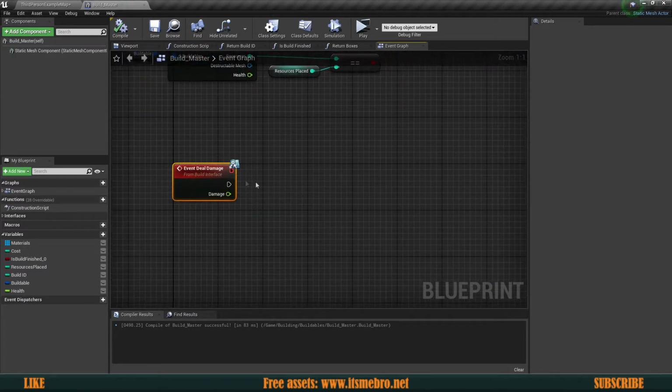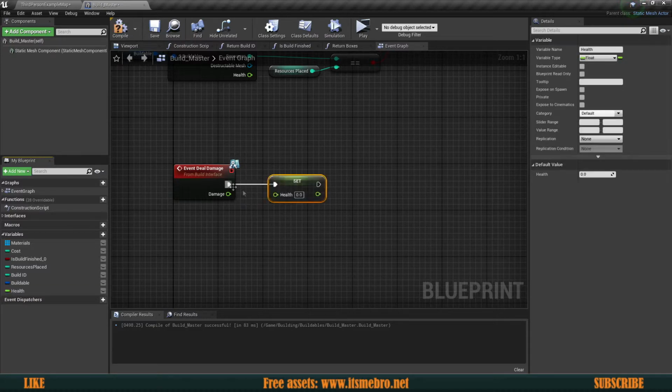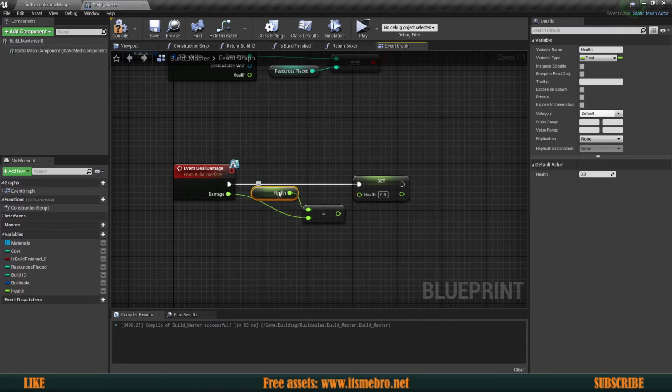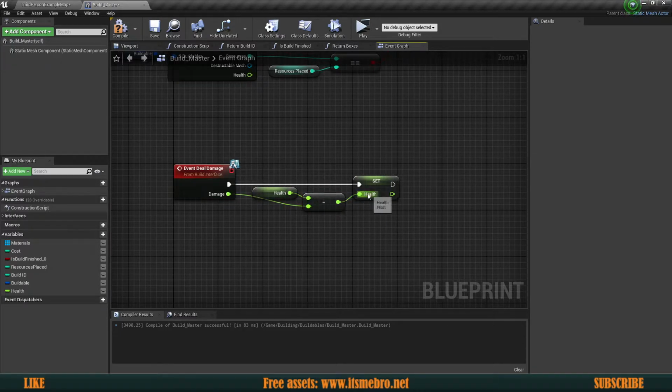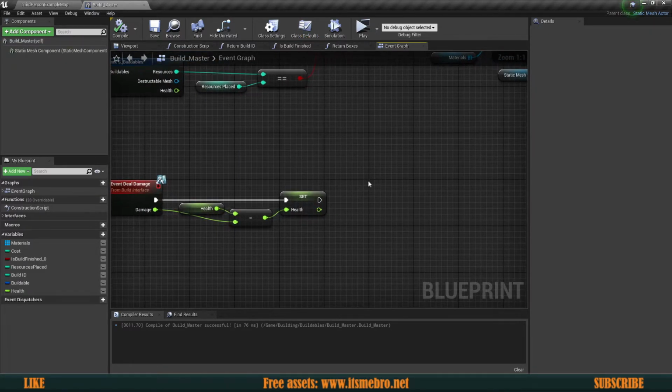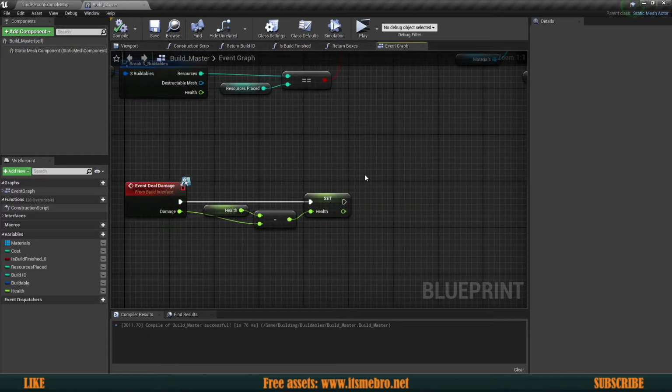So now on the deal damage, what we are going to do is simply set the health, and beforehand, we need to get the health, and then remove the damage from it. So by default, it's going to be 100 minus, let's say, 25, and we set it to 75 then. Now that we have set our health, the next thing that we want to do is check whether the health is already 0, because if it is, then we want to destroy this build. Now, there are a couple more variables that we're going to introduce in a second, but first